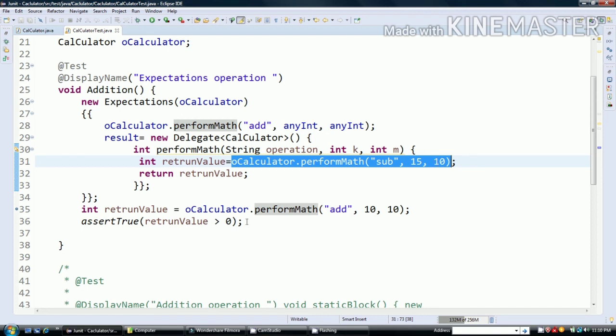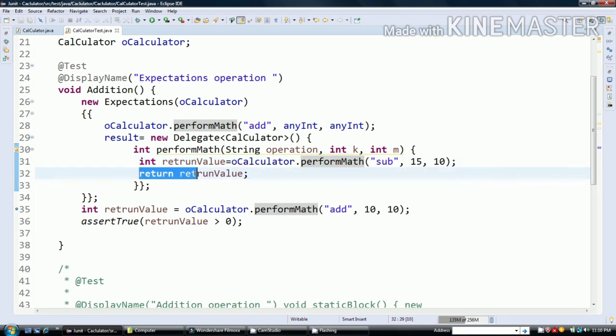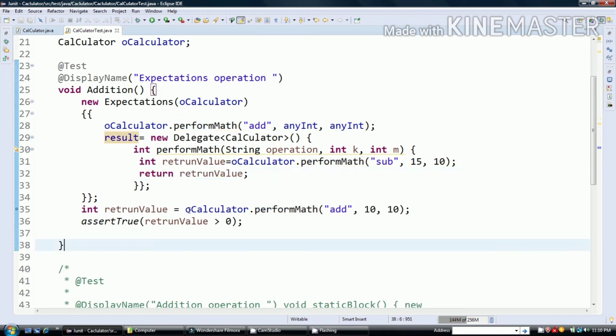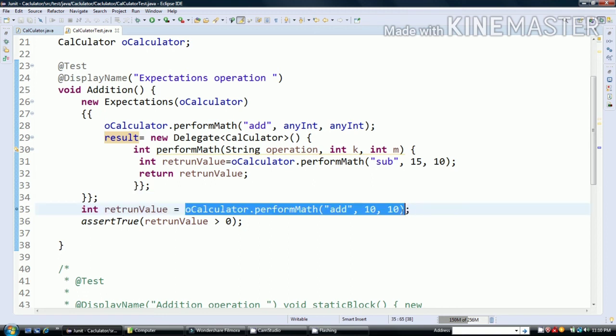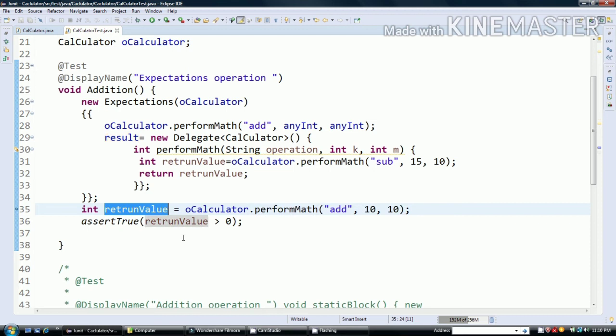This is the beauty of delegate. So the output of the subtraction is assigned to the return value, and that return will be returned as part of this delegate and assign the value back to the result.